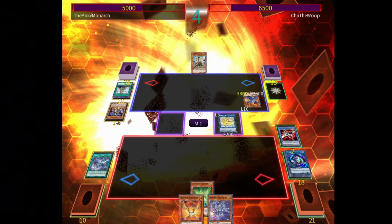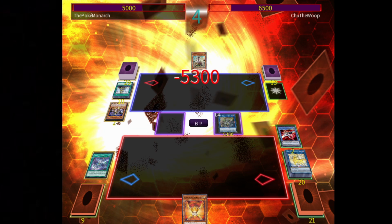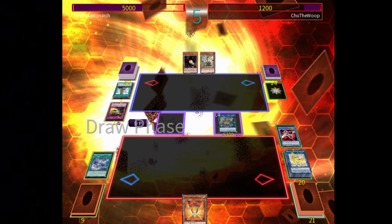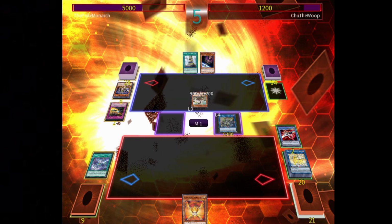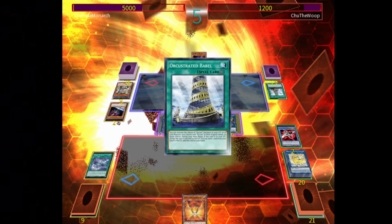We draw 2, we go into Unicorn, targeting his monster, returning it, go into Access Code Talker. We're at 5,300, we attack directly, and he's at 1,200 life points, but Orcust is very recursive, to be honest with you. So he adds Babble back to hand, goes into Scrap Recycler, goes into World Wand, goes into Symbol Skeleton,